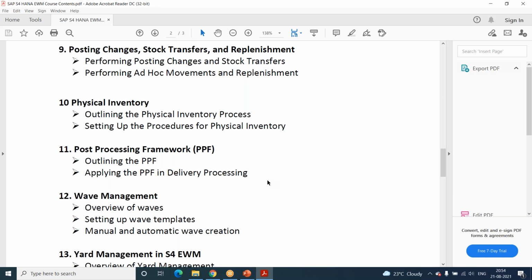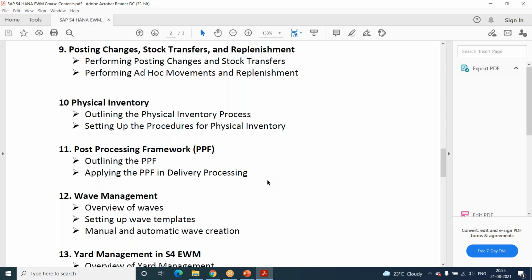Yeah, correct. Setting up a new material requires all the PP and SD and FI integration. We can do an attempt at that as well. We will create a new material and then we will try to run the process in the EWM. But in case we are stuck somewhere, like from the finance side or from the sales side, then probably we may not be able to proceed. But we will try.